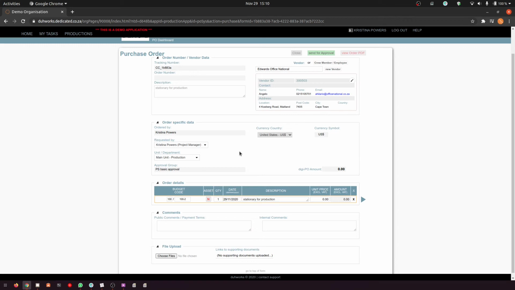I noticed that I also forgot to change the currency back to South African rands. So once I apply South African rands, it also adds a default VAT at 15%. You can choose if a line item is VAT applicable or not. So for example, let me add 500 Rand in here for this line item, and I have applied VAT on top, so it adds the VAT. If we have another line item that's not VAT applicable, you can just uncheck it and it'll only sum up the applicable amounts. What I can also do is click this little arrow to the right and it'll insert another